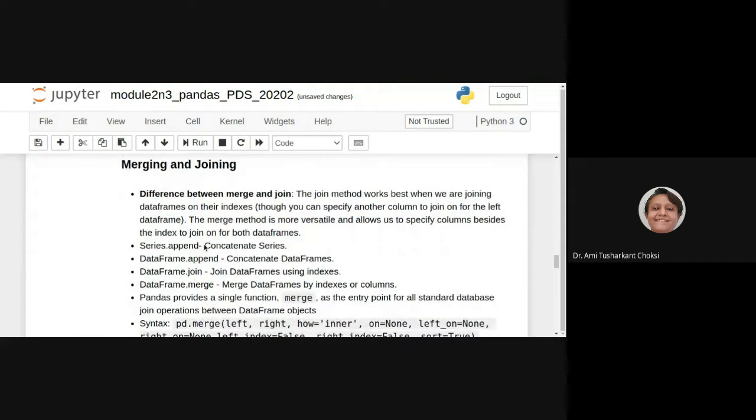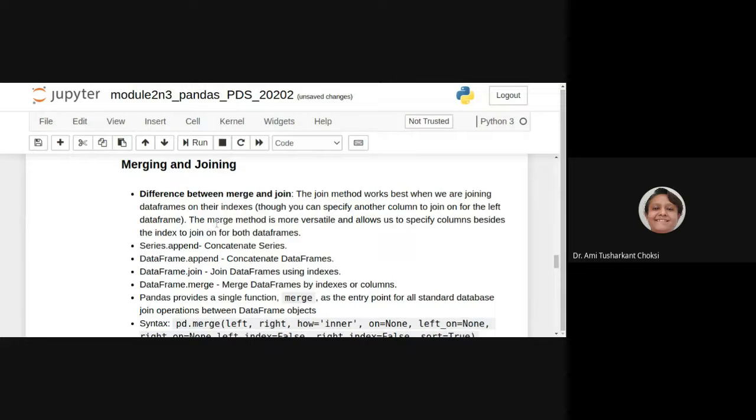Now let us see merging and joining. What are they? The difference between merge and join: the join method works best when we are joining data frames on their indexes, though you can specify another column to join on for the left data frame.